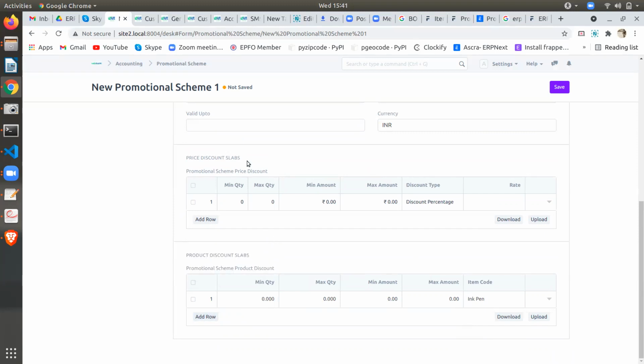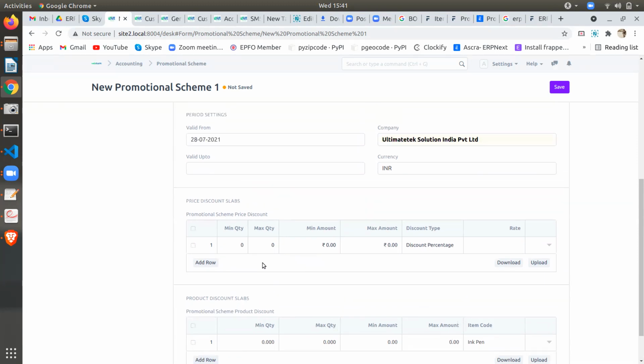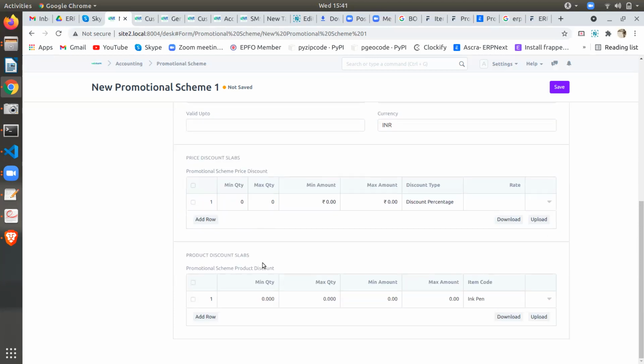Okay. This is on price slab. This is for product slab. Okay, good, nice. Okay, it's 3 types. Is it okay that both price discount and product discount and